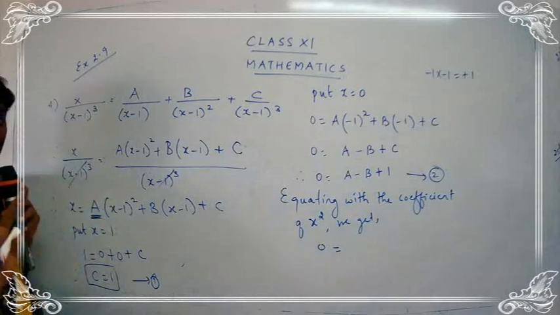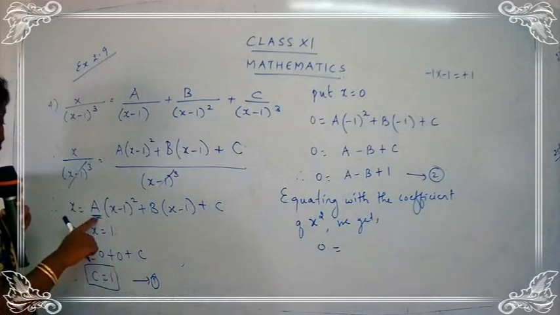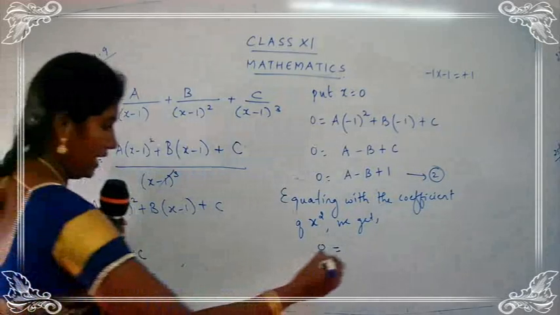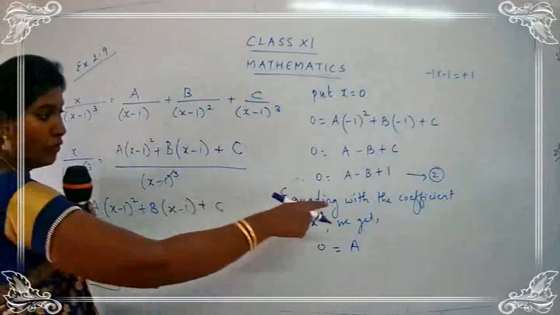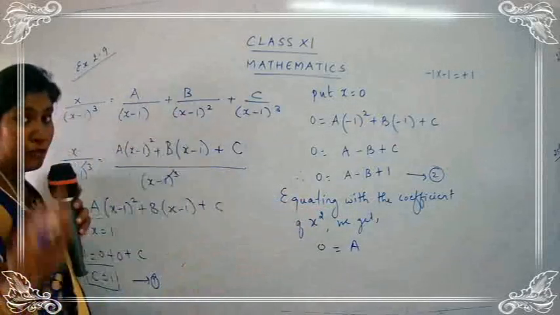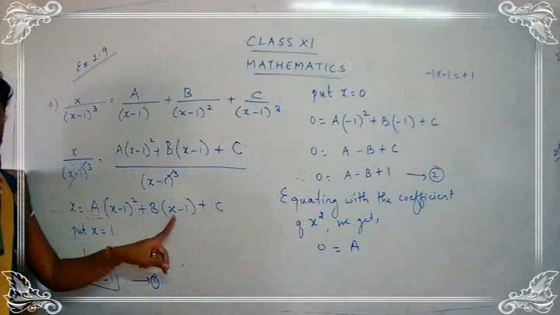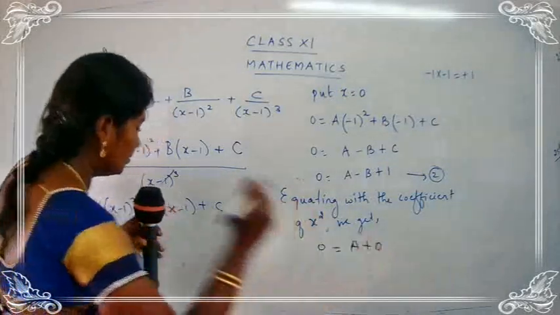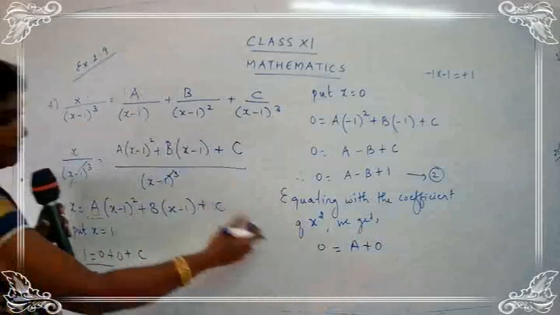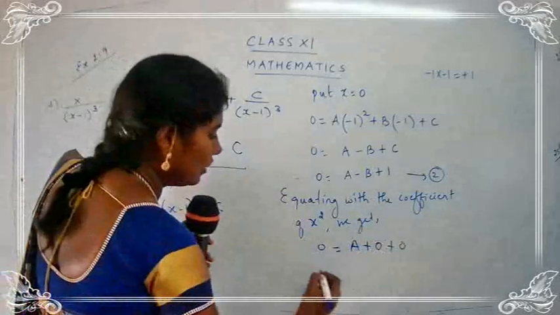We are not going to talk about the variables. We are just going to see the coefficients. So what is the coefficient here? It's a. So a. Here we don't have x square. I have told we are only going to equate the coefficient of x square. This is only with x. So you are not going to consider this term. So 0. Again here no x square term. So 0. So we got the value for a, children.